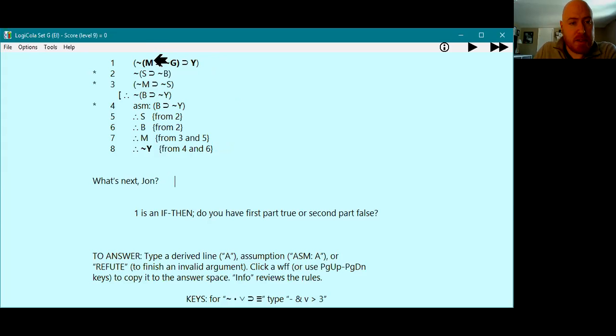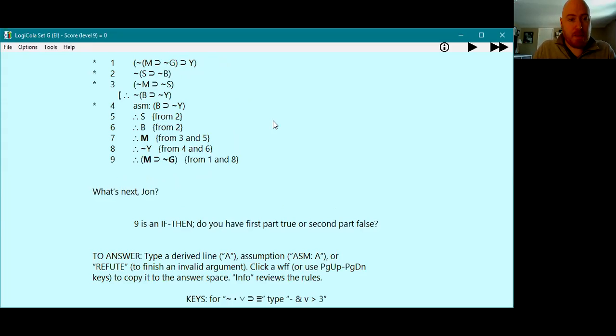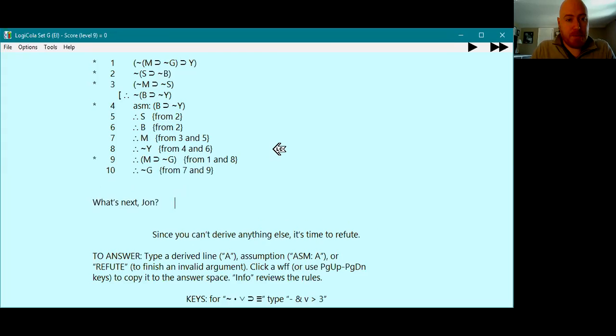It's false that if M then not G, only if Y, and we've got not Y. So by modus tollens, again, we can just delete this tilde in front of the antecedent. That gives us if M then not G. Then we have M and if M then not G, so we can derive not G